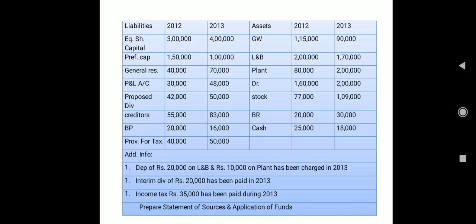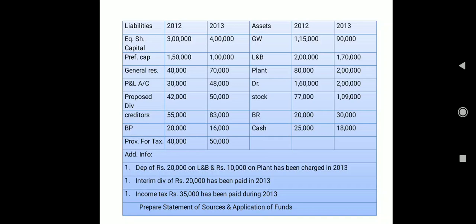Okay, now if you have copied the last class PDF notes where I have given you in details how to treat the proposed dividend, how to treat the provision for tax, how to treat the provision for doubtful debts, then you know very well we have simple things. We have two terms. Either we can treat it as a current liability or we can treat it as a non-current item. Now today I am going to treat it as a current one. Okay, now if I am going to treat it as current, then definitely it will appear in your first step, that is statement showing changes in working capital.